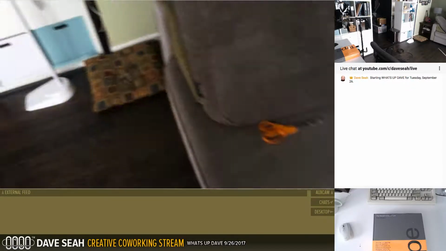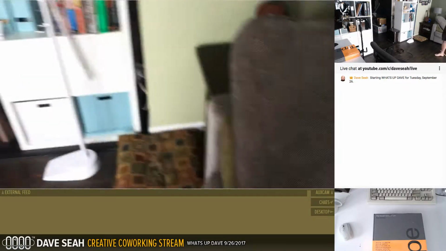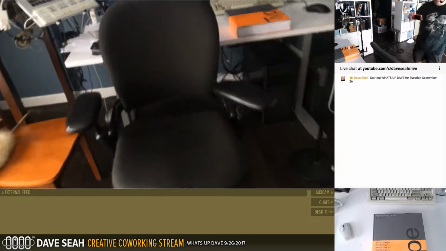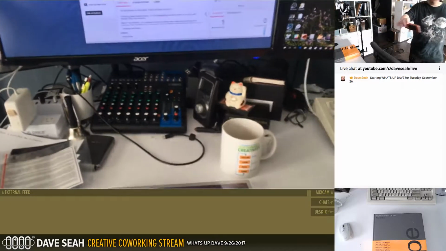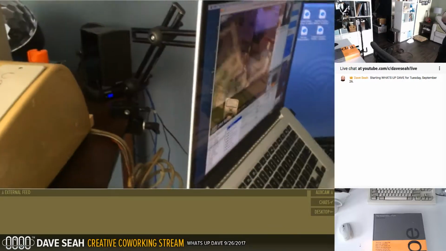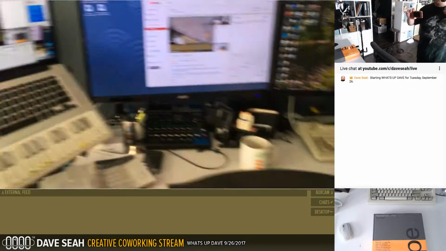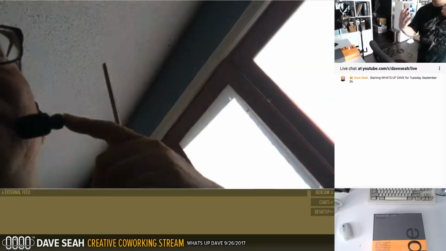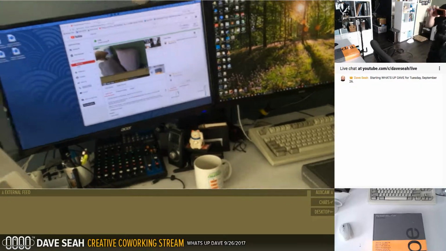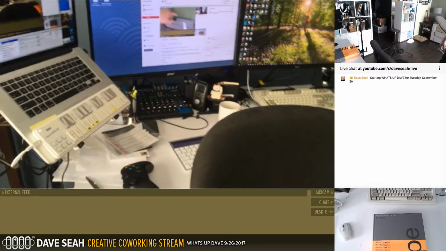Another improvement I want to make is this mixer over here and this wireless transmitter over there, which runs the microphone I'm wearing. It's awkward to plug and unplug, so I'm going to go buy some remote outlets from Home Depot later today and see if that fixes the issue.